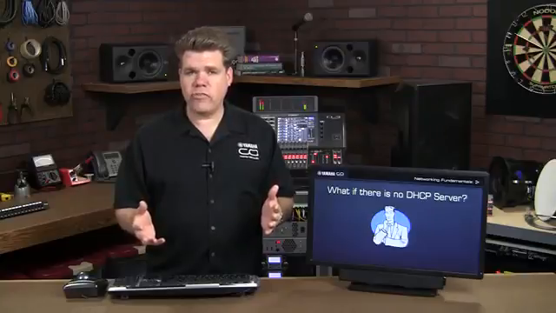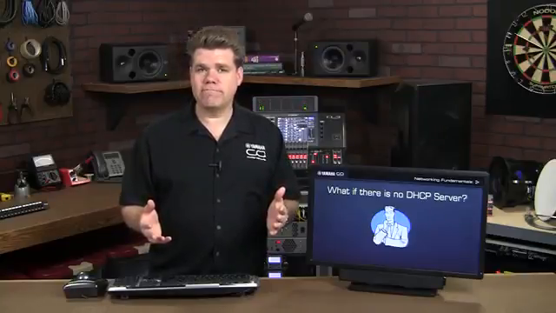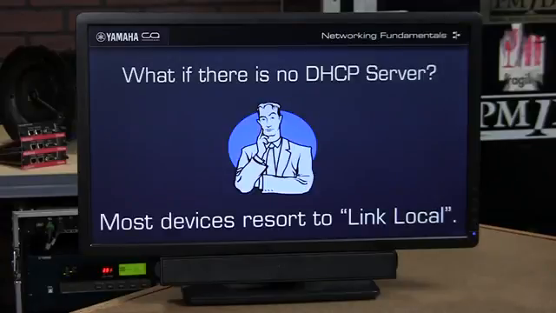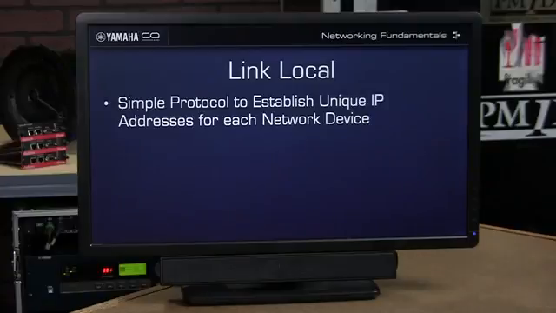Now, we've covered DHCP servers pretty well, so let's move on to a troubleshooting topic. Let's suppose I set my device to get an address by DHCP. What happens if there is no DHCP server on that network? The answer is that it will probably revert to a protocol called link local. Link local is a simple protocol allowing devices to join a network, get a unique IP address, and still be able to communicate with other devices that